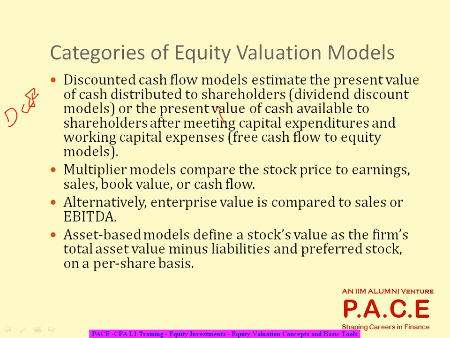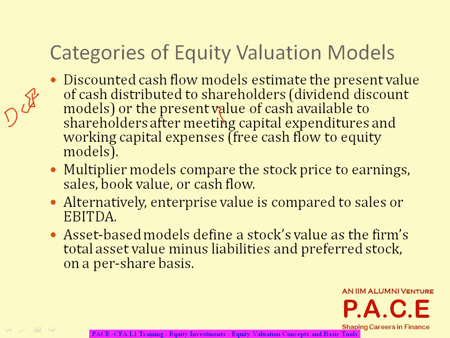And based on how much dividend I am expecting in future, I'll try to discount all the future cash flows to the present value and say this is today's value of all the future benefits. So at the max, I am willing to spend nothing more than that. So the maximum price I am willing to spend is equal to the present value of all the future benefits. That is how people use the DCF models.